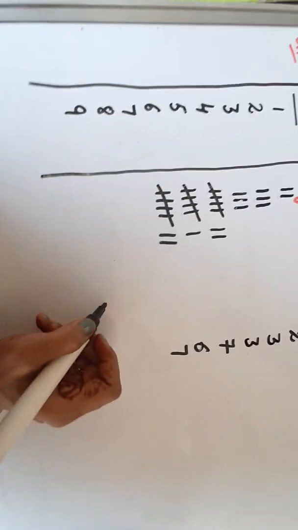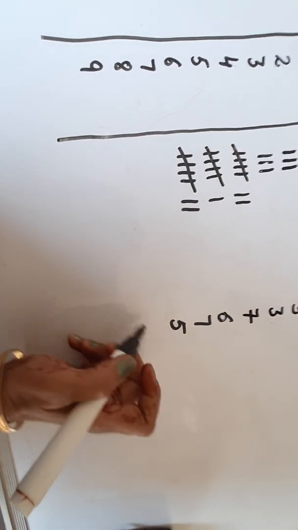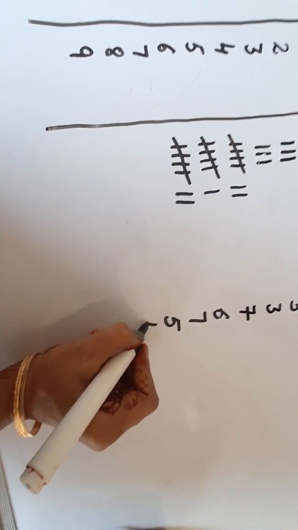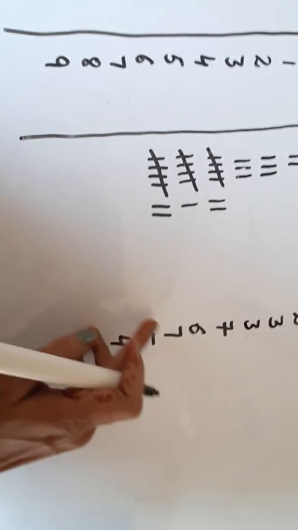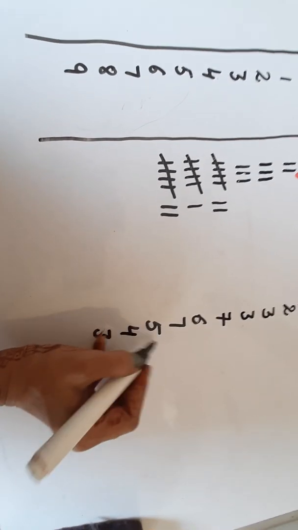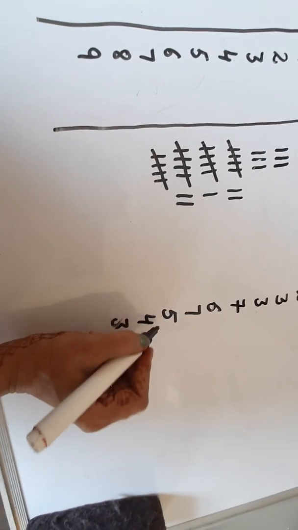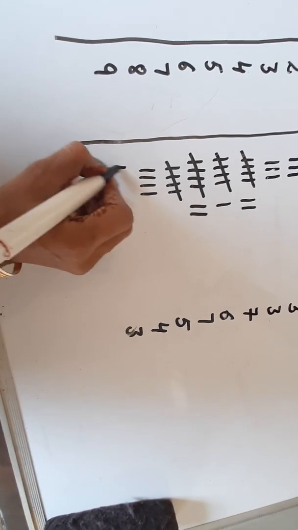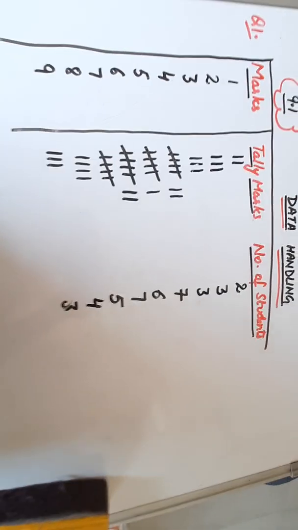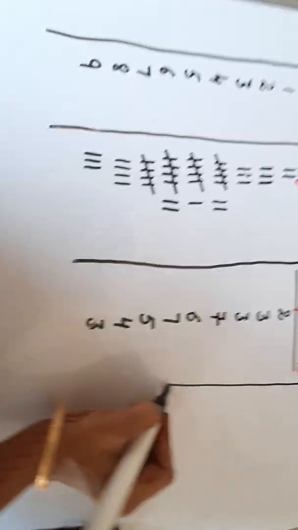From the table you will observe that 5 students obtained 7 marks. 8 marks were obtained by 4 students and 9 marks were obtained by 3 students. From the table we get these values. So let us make the tally marks for this. 5: 1, 2, 3, 4. Number 5, shut the door. 4: 1, 2, 3, 4. 3: 1, 2, 3. So this is the table for tally marks. Use a pencil and scale to draw the table.